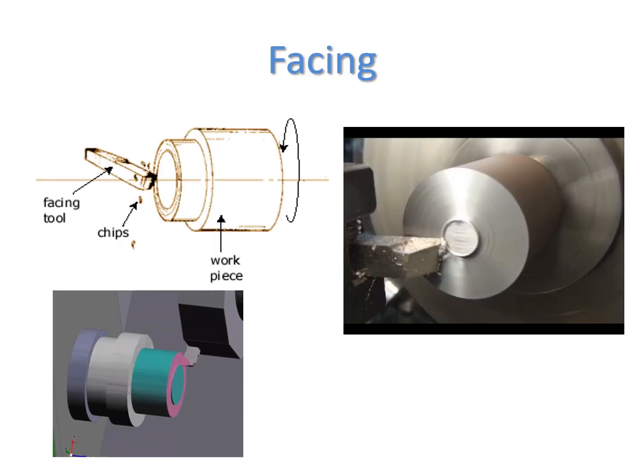Facing is the process of removing metal from the end of the workpiece to produce a flat surface. Sometimes the end points of the workpiece are not so good, so they may be irregular in shape. So by facing we can remove that part from the workpiece and then the machining process can be applied. Normally cylindrical objects are used, but with the help of a four-jaw chuck we can also do the facing operation on rectangular or odd shape work to form cubes and other non-cylindrical parts. Facing basically reduces the length of the workpiece.